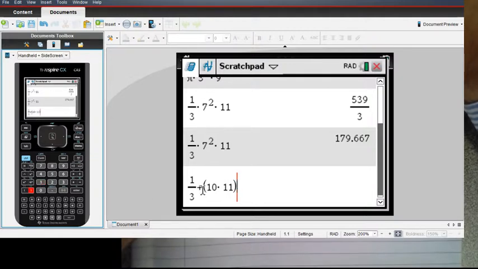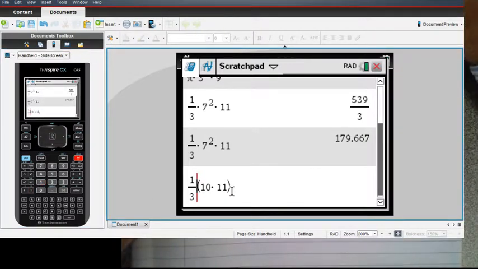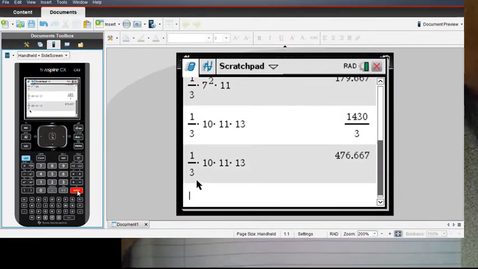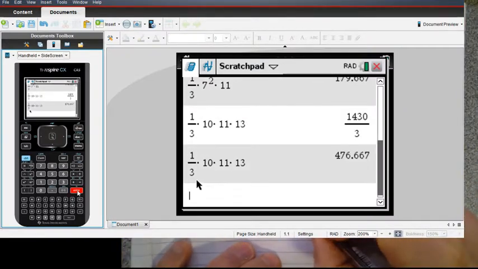Actually I need to go back here because I pressed plus for some reason. I don't even need to put a plus sign in there because the bracket itself implies multiplication. Enter, and I get an answer 1430 over 3. To get this as a normal number, I go control enter, and my answer, I'm going to write it down before I switch screens,